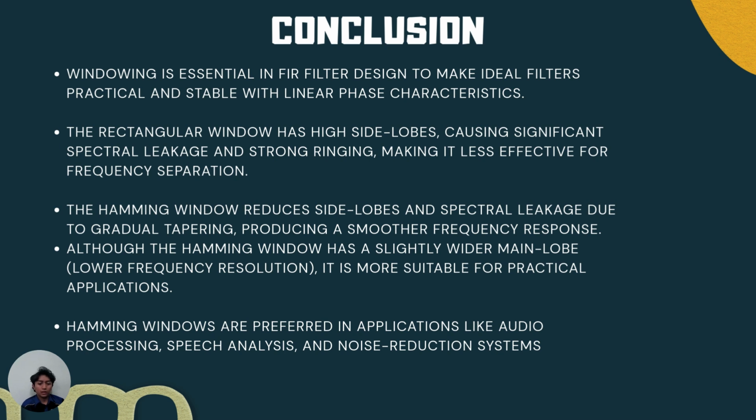Although the Hamming window has a slightly wider main lobe, its lower side lobe makes it more suitable for practical applications. And lastly, Hamming windows are preferred in applications like audio systems, speech systems, and many other systems. That's all for